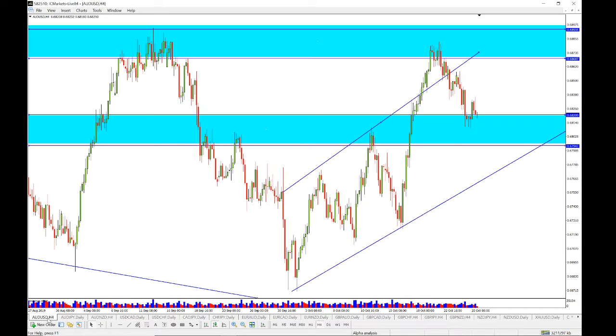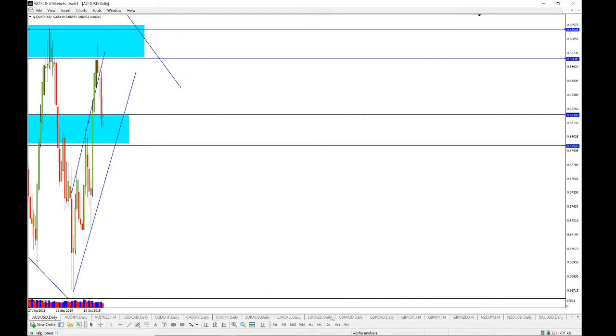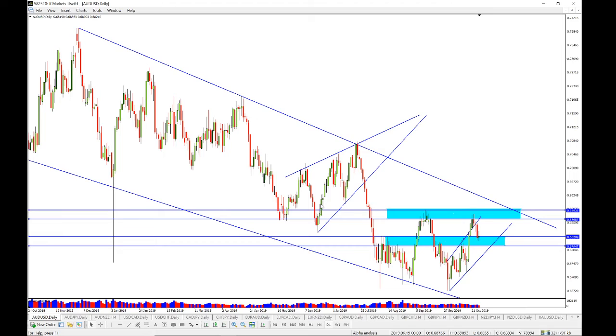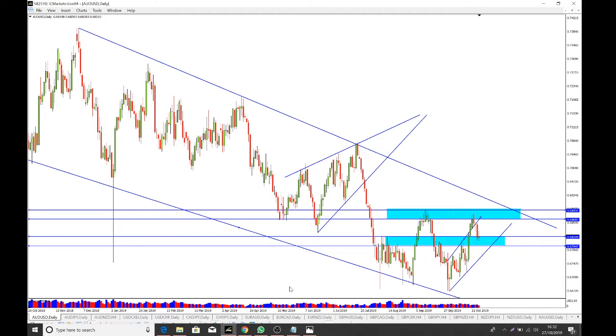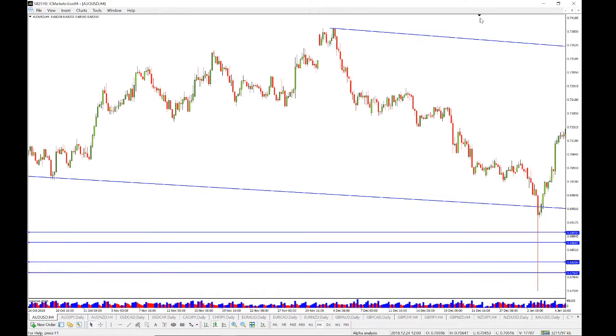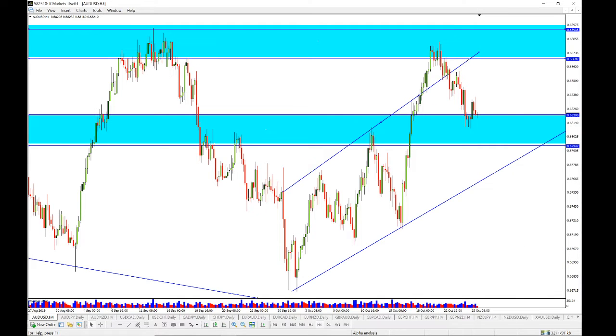So we will start doing analysis on different pairs, and first of all is Aussie Major, AUD USD. Aussie Major is in a downtrend in long time frames, and in the meanwhile, it has started a correction. Okay, let's see in the H4. If we see in H4,